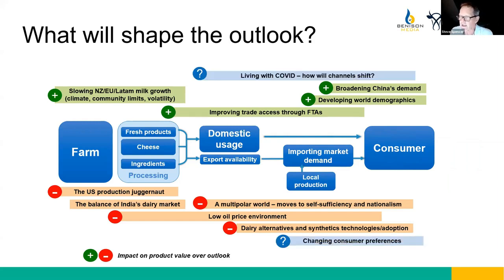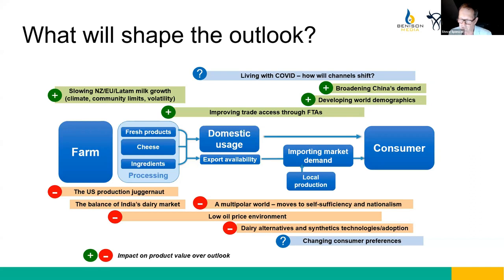And so let's just start. Essentially, we think there is a slow growth in milk supply coming from major producers such as New Zealand, European Union, Latin America, for different reasons. New Zealand has a lot of constraints on the expansion of that industry, mostly to do with the community's acceptance of dairying and the environmental impacts on farming, but also the challenges facing dairy enterprises in New Zealand, particularly around expansion, given the industry has got high debt, it's got high land values, and so the capacity to grow at a strong rate in the future even further is limited.